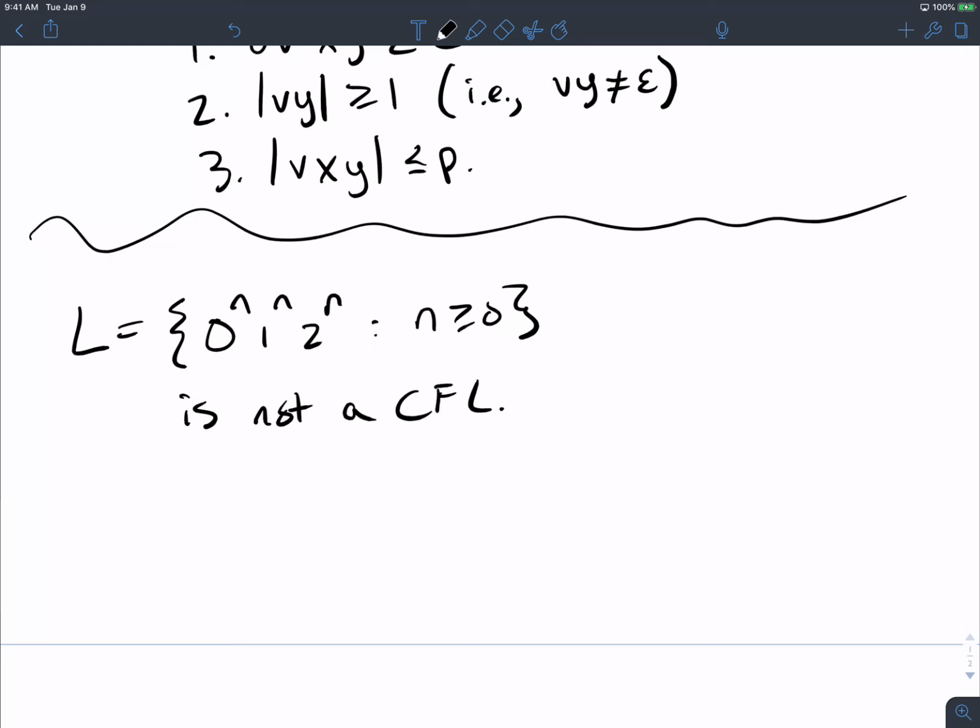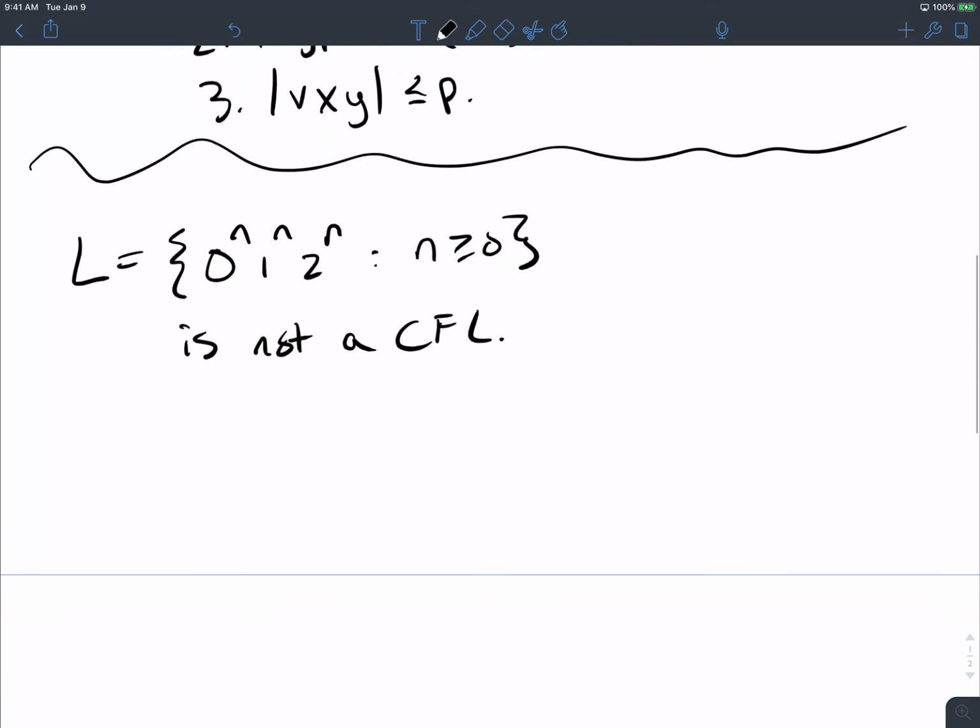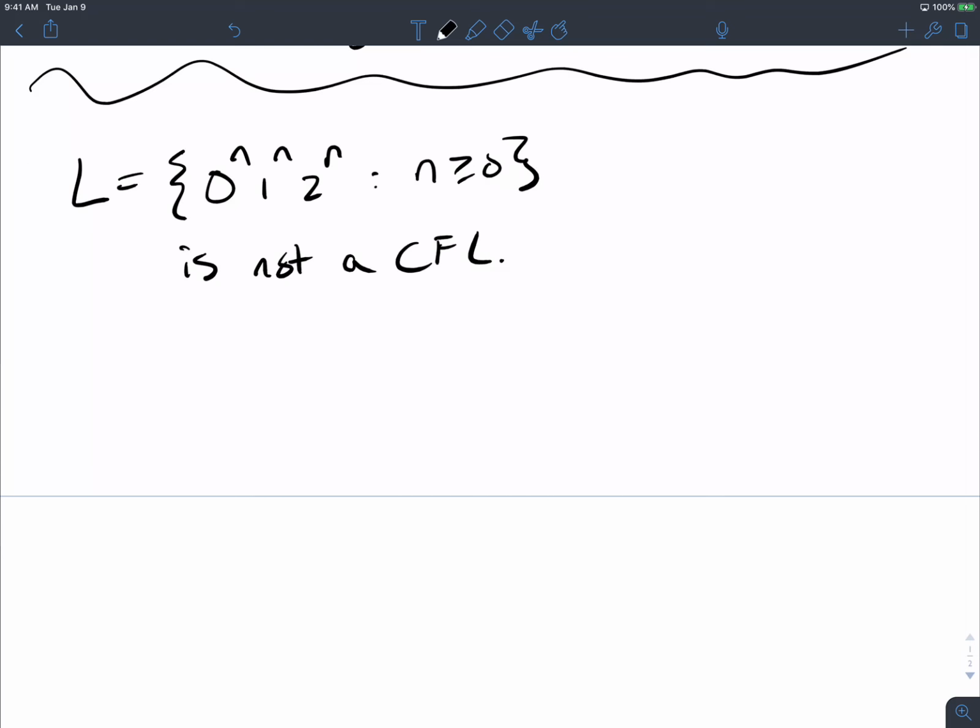Yeah, the 2s. Because our idea for the PDA was to put the 0s on the stack as we're reading them. Then we pop off the 0s with the 1s in tandem, so everything's okay there. But when I get to the 2s, the stack is empty now. So I really don't have any knowledge of how many 0s there were. So there's nothing I can really do there. Okay, but remember, is that a proof that it's not a CFL? That I can't think of a way to do it, therefore there's no way to do it? No. So just be careful of that. So let's prove that this is not a CFL.